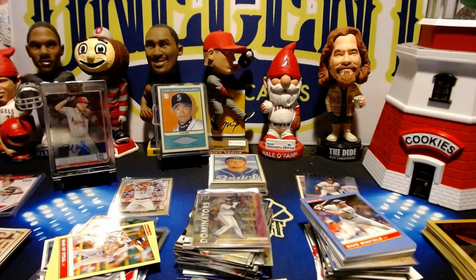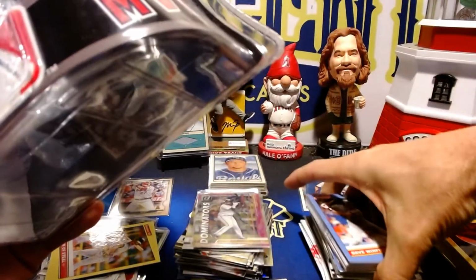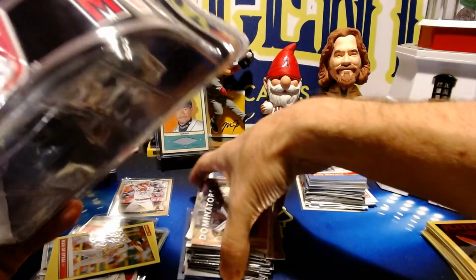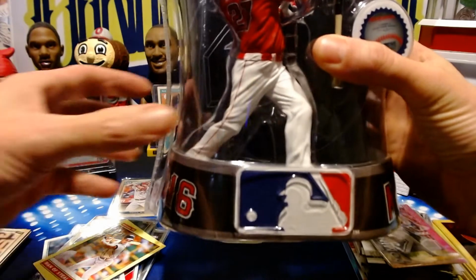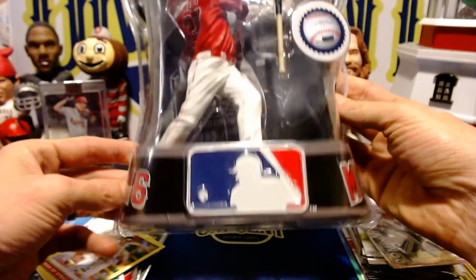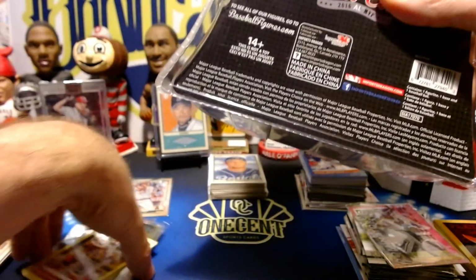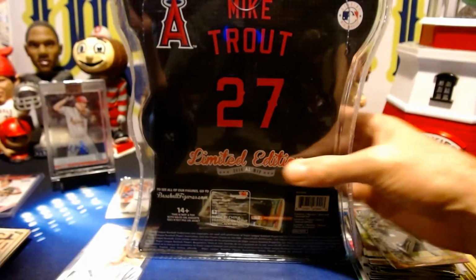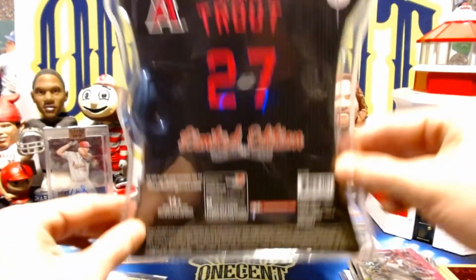And you guys will know why I'm going to love this so much. So let's see. This is a limited edition 2000. I don't even know how I'm going to get this on camera. I got to move some cards here. Limited edition 2019 Mike Trout. And this is a import Dragons figurines. This is a 2016 MVP Mike Trout. I'm trying to figure out who makes this. I got to move some of these cards. Hold on. I'm trying to figure out who makes this. And here, let me move the camera up here a little bit so we can catch this a little bit better. This is a Mike Trout